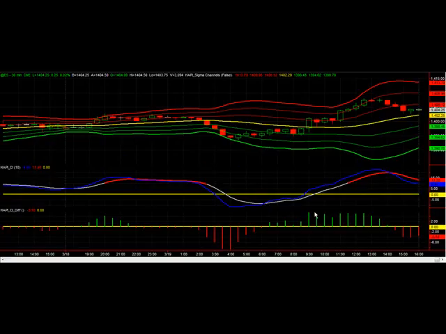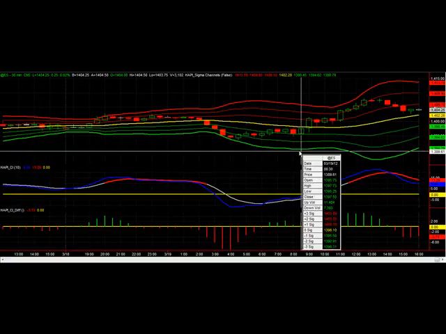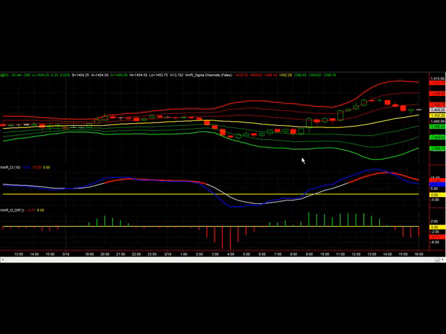For the intraday chart, this is the ES 30-minute chart. As you can see, this was the open around here. We started going higher a little. We tried to go lower, but it couldn't break any levels to the downside. After that, we just kept going higher throughout almost all the day. Then at the close, we sold off a little, but it was only around 4 or 5 handles from the highs, so it wasn't bad.